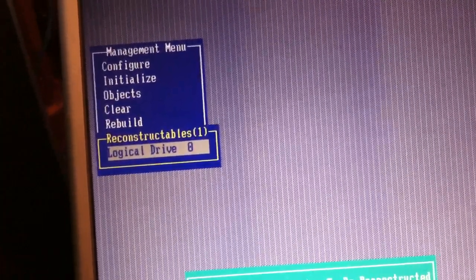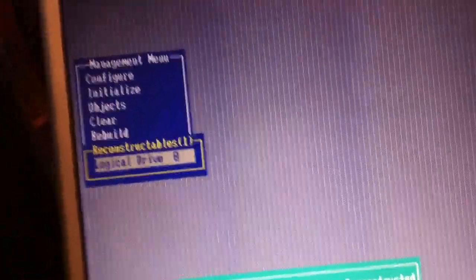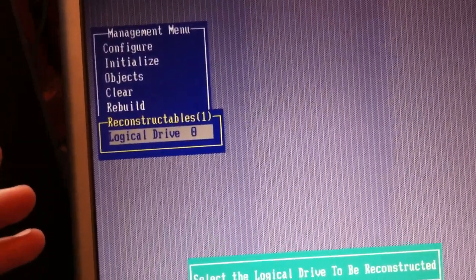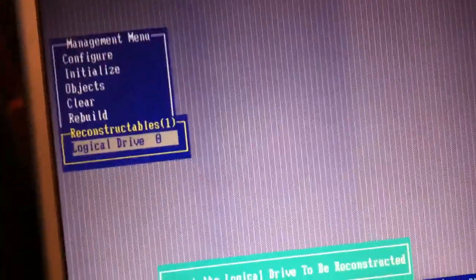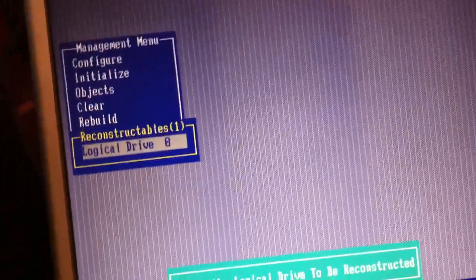that a hard drive has failed, and there's a bug on me. Anyway, it'll tell you that the hard drive has failed, and you can go into the BIOS settings, right into the Control M, get right here, pop a new drive in there, push reconstruct, and